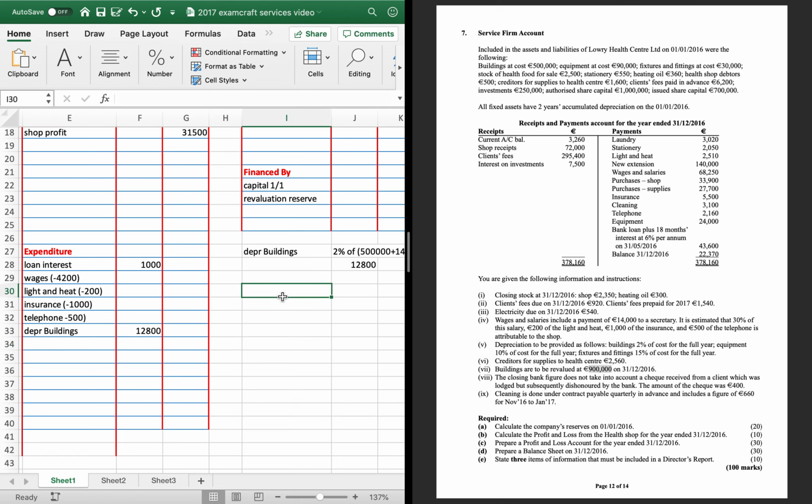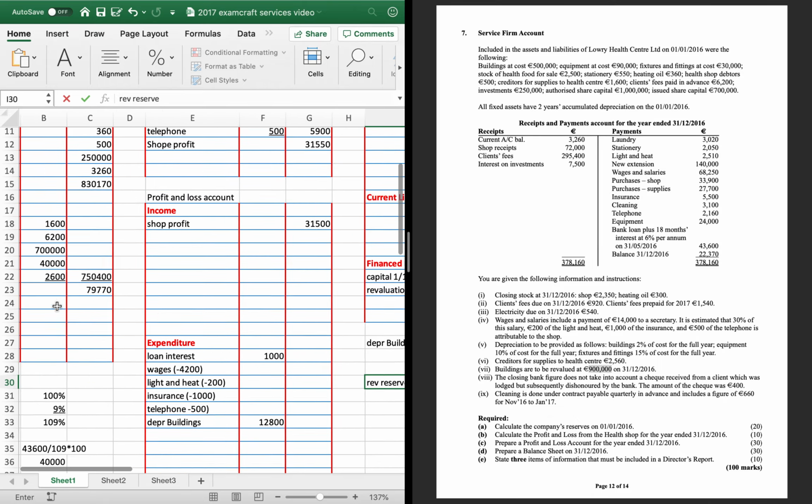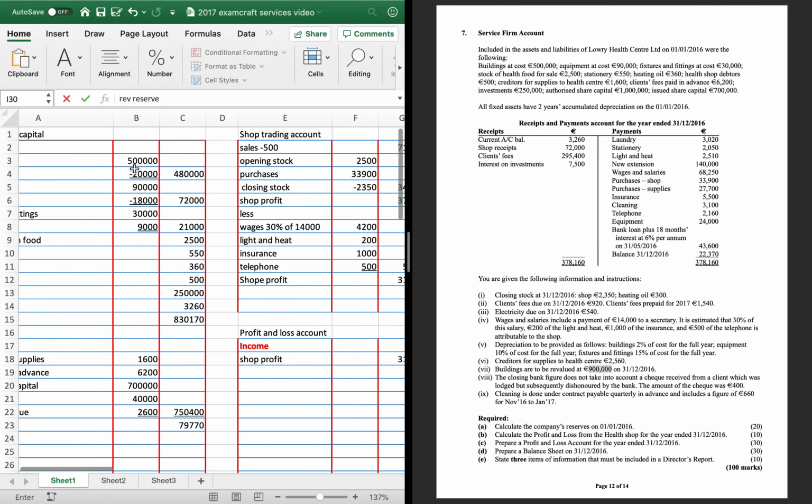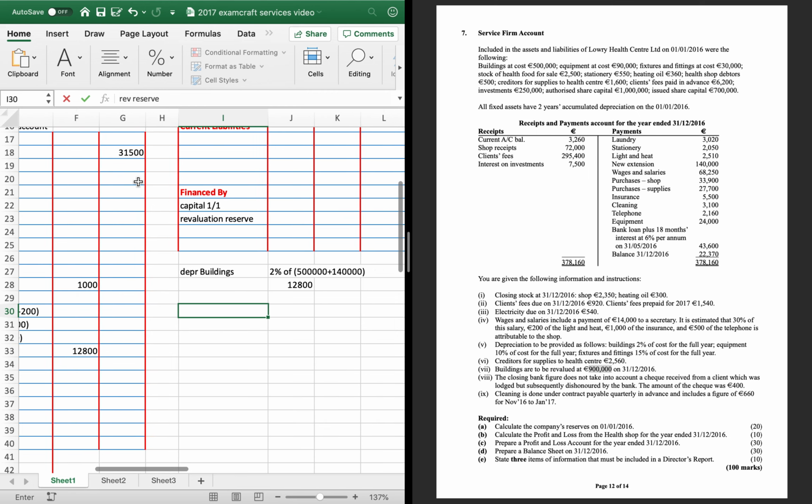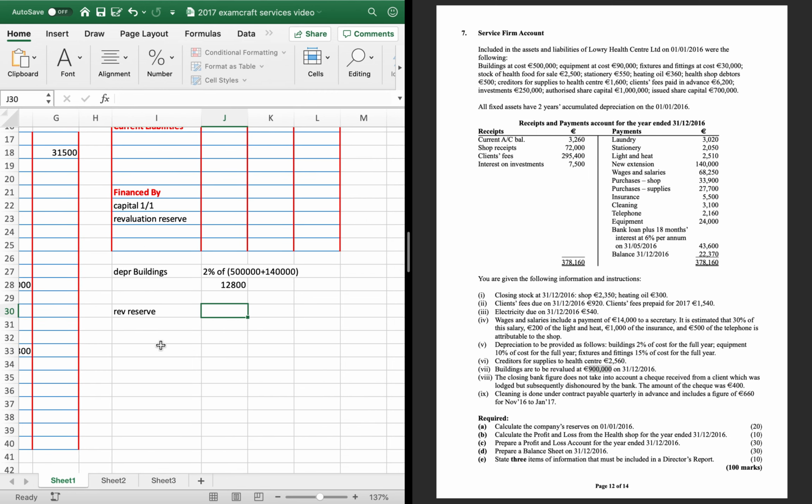Then anytime you've got depreciation, you've accumulated depreciation or revaluation reserve. And revaluation reserve in this case, because we've revalued, it's your depreciation from part A. So it's always the number from here. So 20,000. So that's what we start the year off with. Add on your 12,800, and that's in effect your accumulated depreciation, which is going back to zero. And then you have to add on your revaluation surplus. So 640 up to 900,000